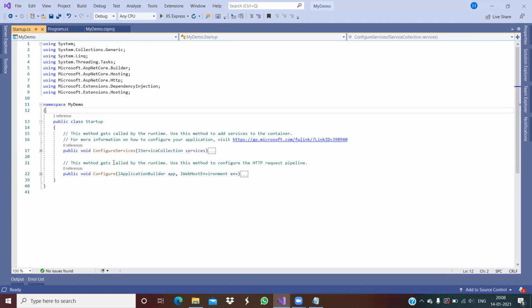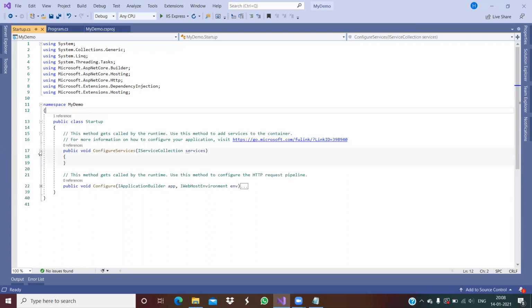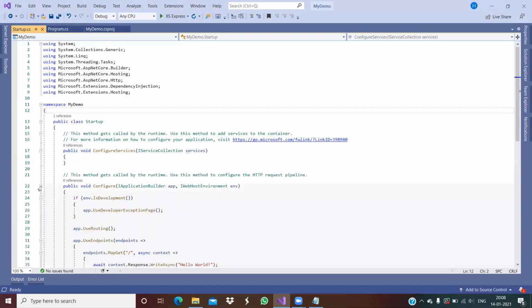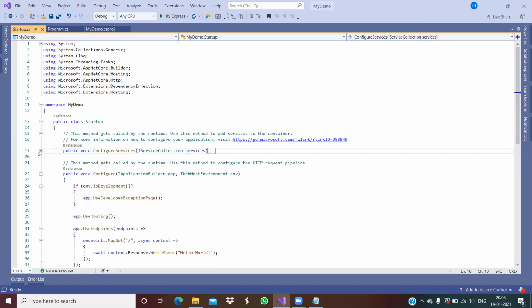If you develop any ASP.NET Core application, many times you need to write code inside ConfigureServices or inside Configure. In the ConfigureServices section, we need to add the services which are needed by our application. We need to set that, and we can set up dependency injection objects here. We can also set up MVC here. In an upcoming video we will discuss ConfigureServices in detail.